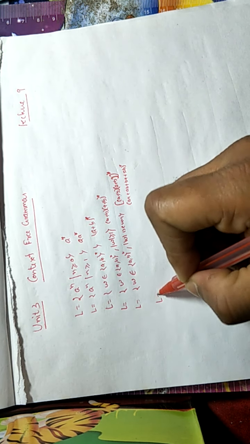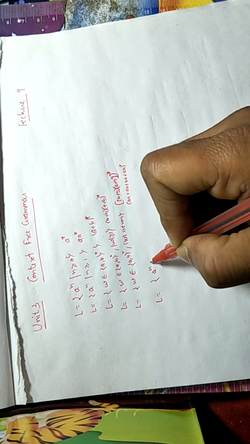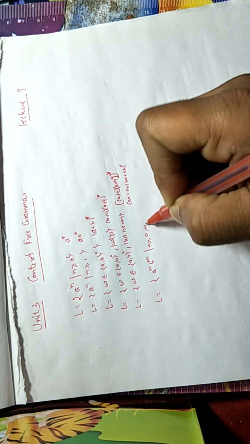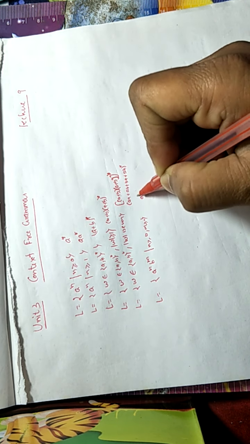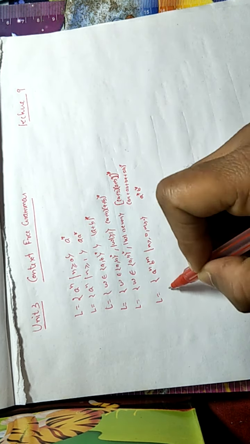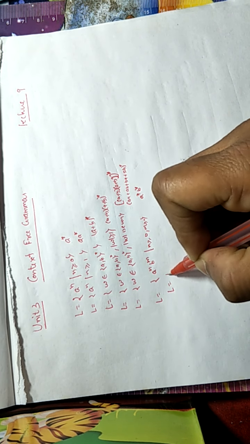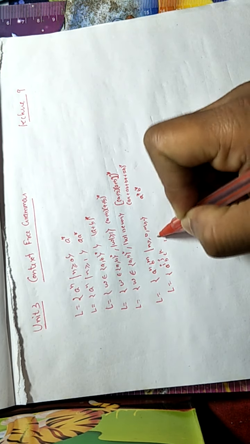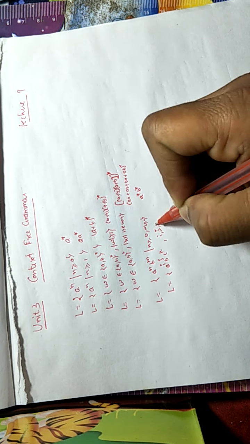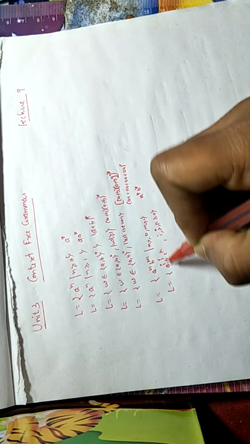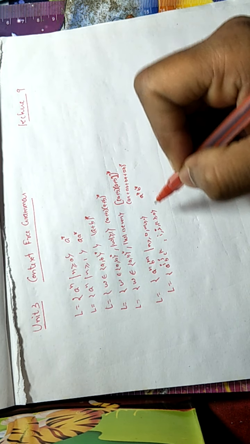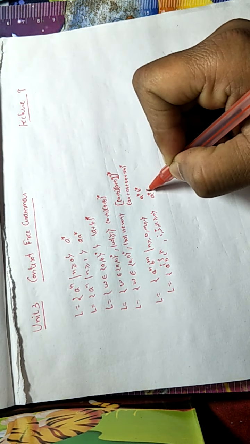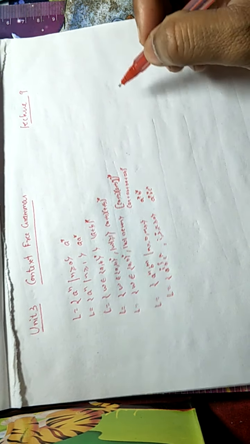Then we built the grammar for a raised to power n, b raised to power m, n greater than equal to 0, m greater than equal to 0, simply a star b star, or a raised to power i, b raised to power j, c raised to power k. There is no other relationship between i, j or k. It's simply i, j, k greater than equal to 0. So a star, b star, c star.